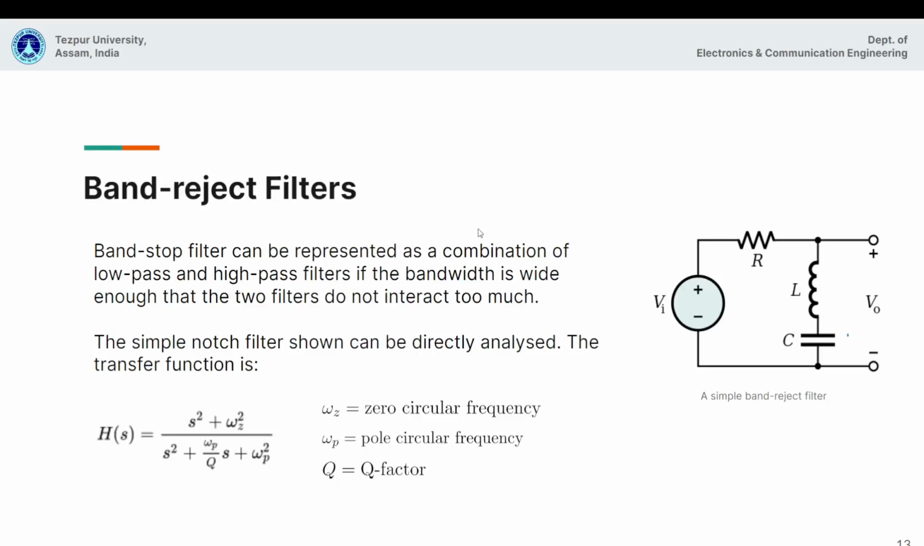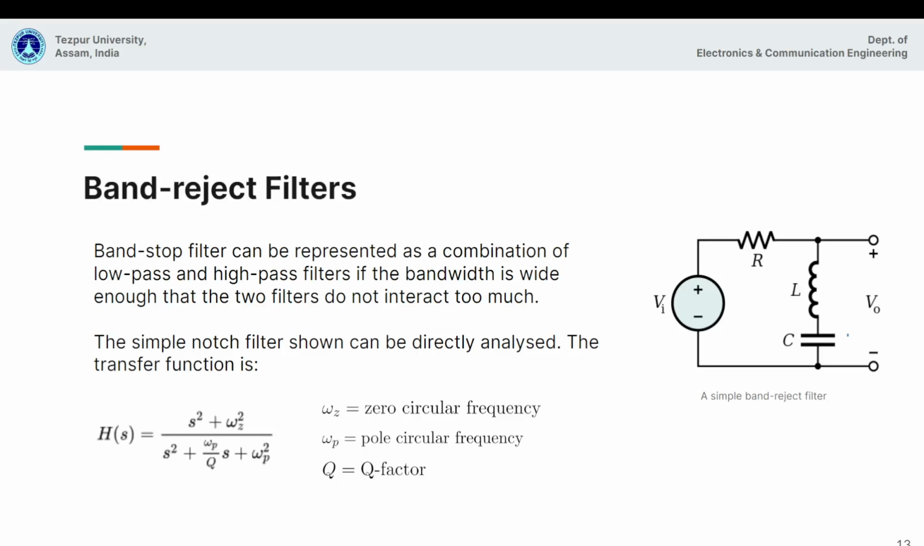A band stop filter can be represented as a combination of a low pass filter and a high pass filter, if the bandwidth is wide enough that the two filters do not interact too much. The simple notch filter can be directly analyzed. The transfer function